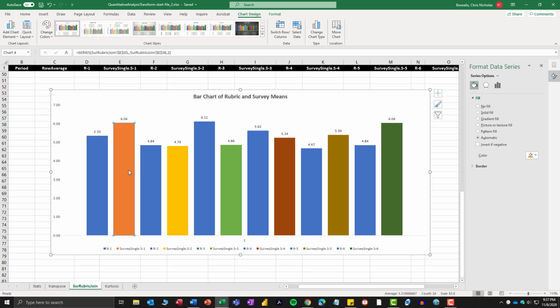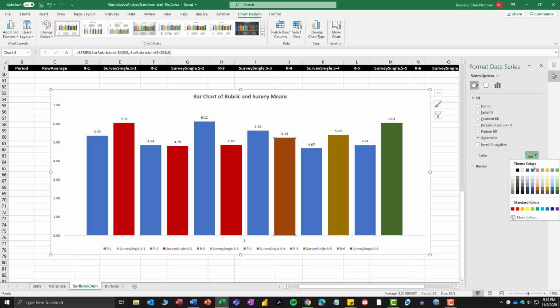And I want to change the color of this one. And these are my survey items. So the even numbers are the even numbered columns, 2, 4, 6, etc. If I select this, I'm going to change this one to a red color. Why not? Or a dark red. We'll change it to dark red. And so I'll do that for all of these. I'm just going to keep selecting dark red for the even numbered items so that I'm able to tell immediately which ones are the survey items and which ones happen to be the